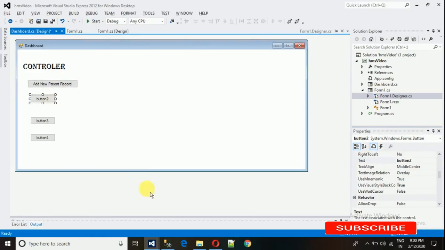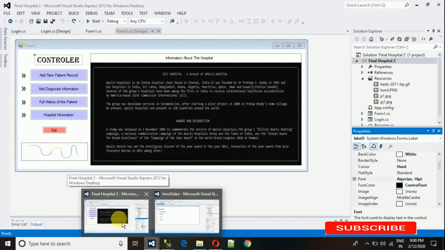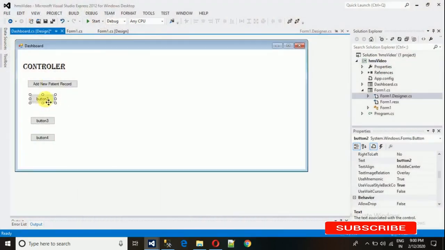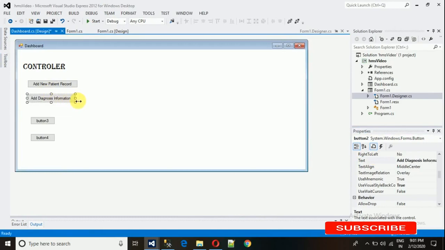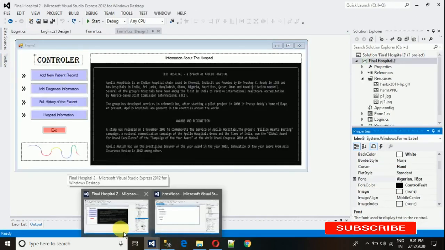For the next one, add diagnosis information, just click enter, and increase the size. After that the next one is full history of the patient